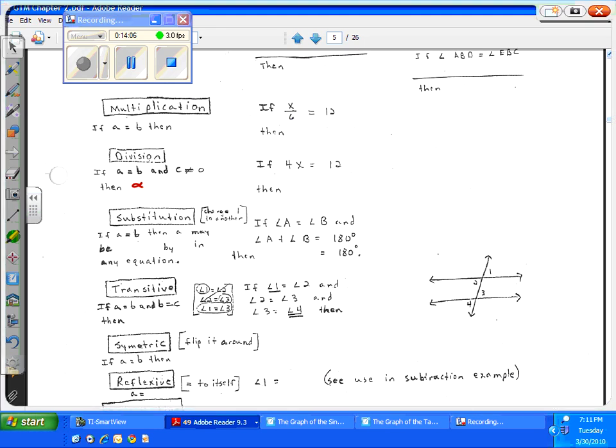Division: if A equals B, then A divided by C is equal to B divided by C. In other words, we can divide both sides by the same thing, but we learned that division by 0 is mathematically undefined. We actually discovered it in the Algebra 1 textbook on page 96,